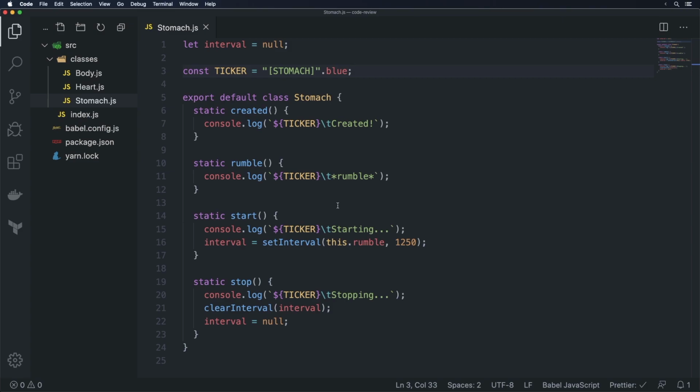Let's say you haven't read this code before and you're reading it for the first time. When you see this number 1250 here, it's not very clear what exactly it does. If you do a little bit of inference into the code surrounding it, you can see, okay, this means that we have a rumble every 1.25 seconds, but in some cases that might only be the top level